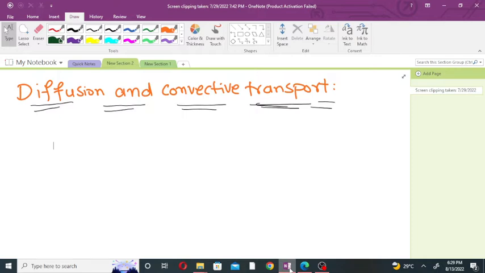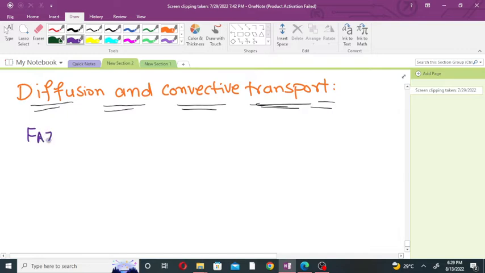We have discussed two types of fluxes. One was the diffusional fluxes, and the second was related to the bulk flow. So bulk flow fluxes and diffusional fluxes, and we have already discussed that the molar flow rate of component A